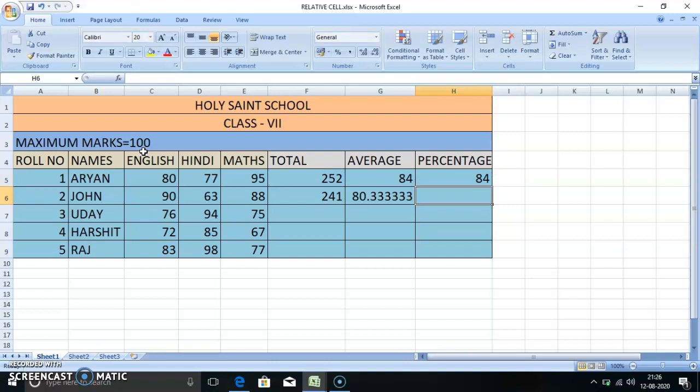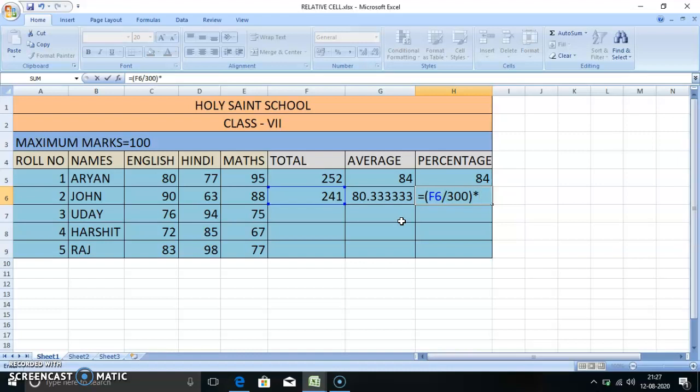We get the percent. Here also again I'll put the formula, equals to, first of all put the bracket, then the cell address. What is the cell address? F6. F6 is divided by total marks. Total maximum marks is 300. Now bracket close and put the cross symbol.